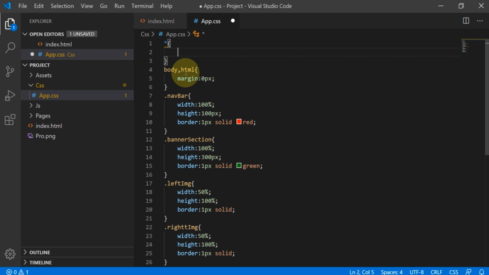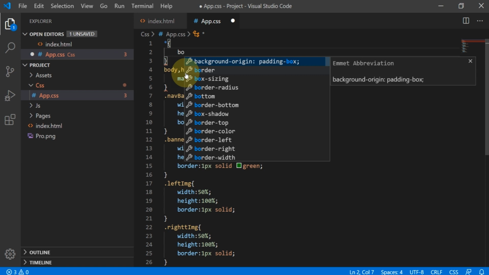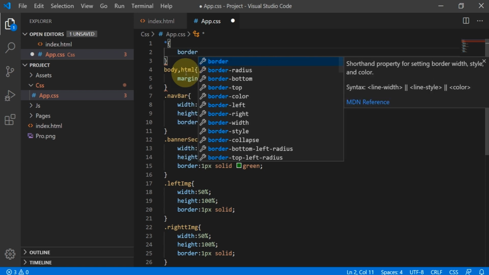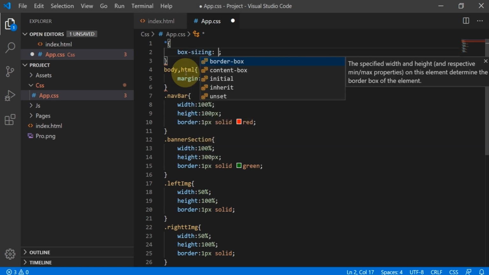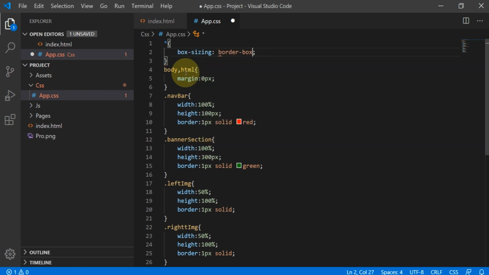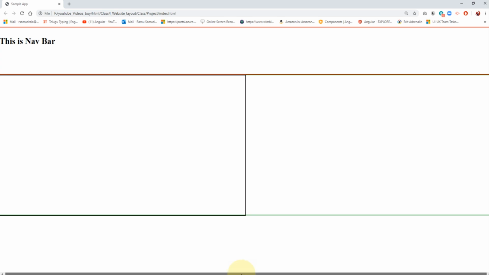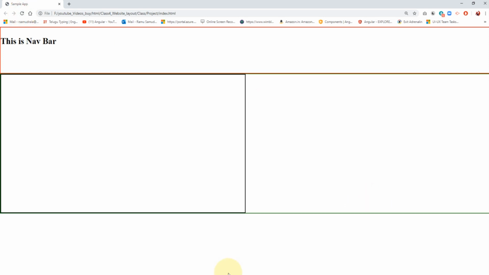One property is there, guys: border-box, box-sizing. If I give this property, the border will start inside of my element. If that is right, then this issue will be fixed. Yeah, the horizontal scroll bar is gone, right? So now it is right.